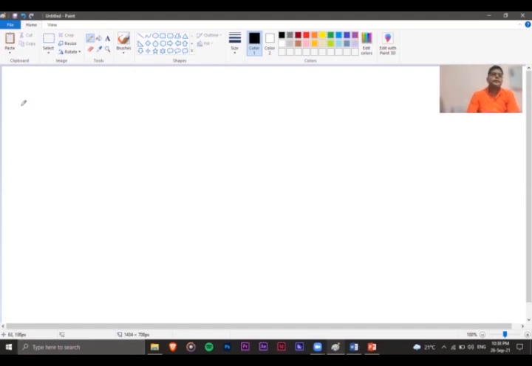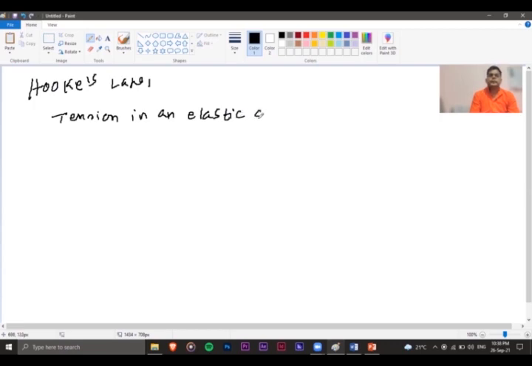So let's now generalize Hooke's law. Simply you can say that in general, tension in an elastic string, that we talk about here, a light elastic string, that means the weight of the string should not be considered here. So tension in an elastic string is